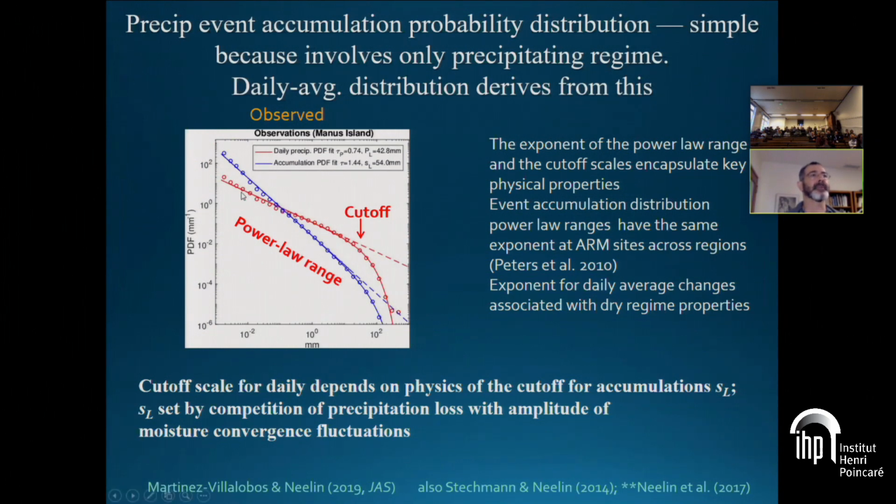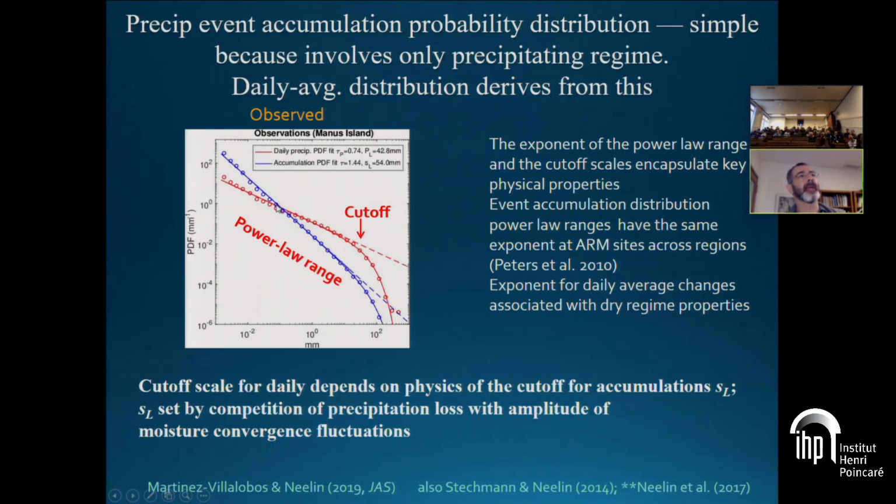So the amount that falls in a day versus during an event will move probability from the small events to the large events. But you're going to essentially be having a weighted sum of variables pulled from this distribution. And you're going to end up with something that, if the time average does not introduce any scale in your distribution, will have to be still approximately a power law. And it is approximate, not an exact power law here. But you won't have a strong scale dependence here, and it'll be a less steep slope simply because you've added